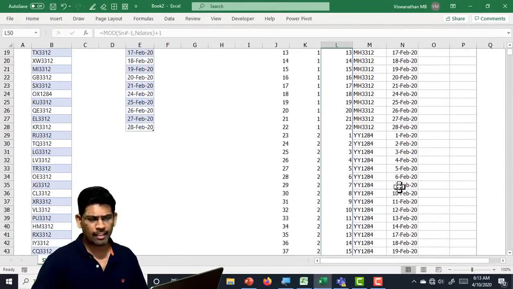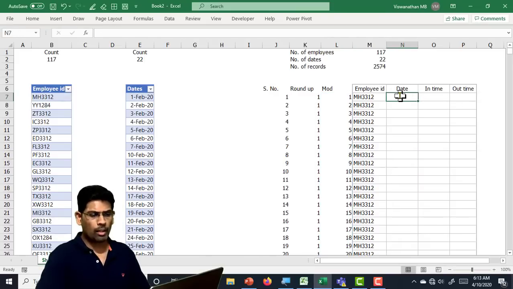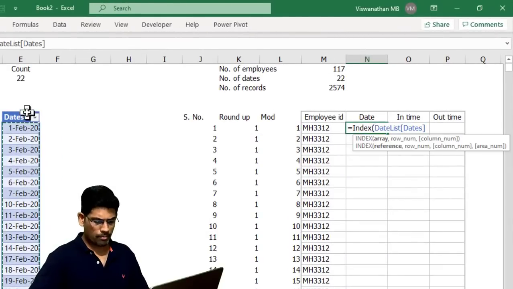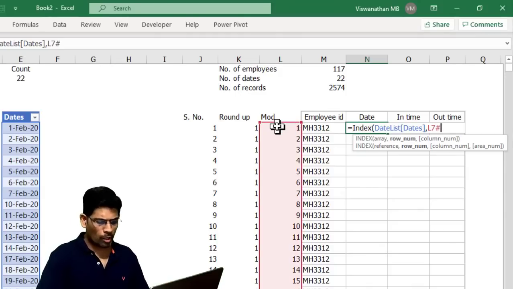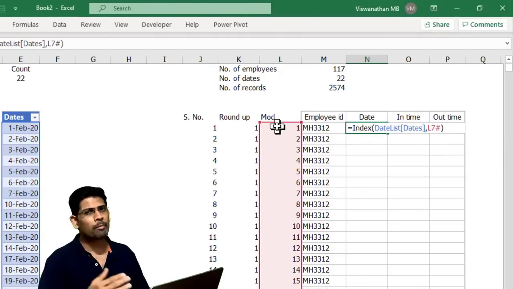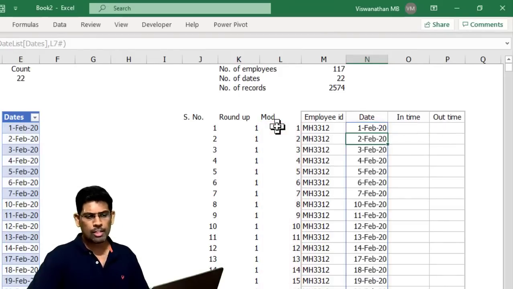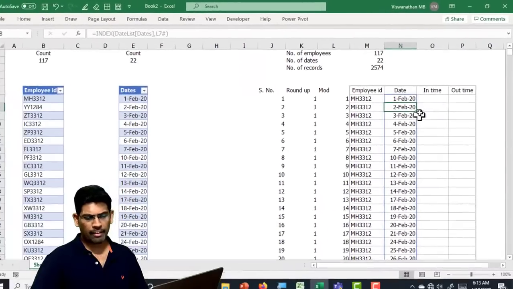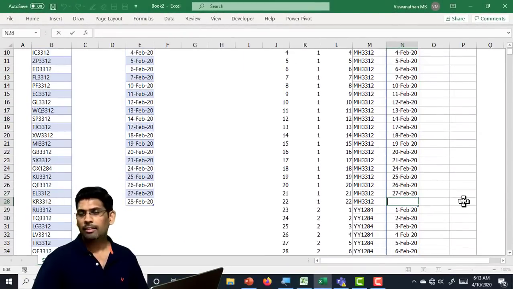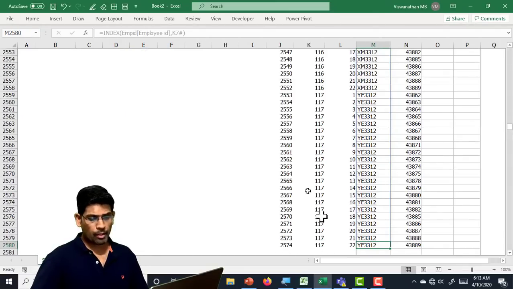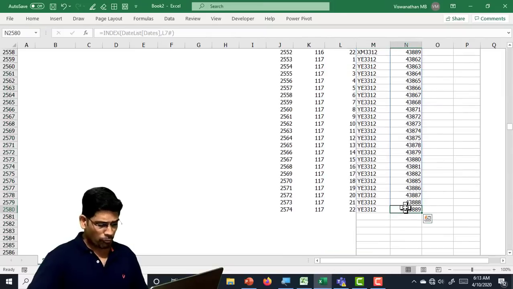Now our final result is easy. Again, let me get rid of the dates. Equals INDEX of this dates table, comma, whatever I got here in the MOD function. I should have ideally named these two columns as well, the round up and mod, but in my final solution I'm not going to use them, so I'm fine right now not naming them. Having pressed enter, you notice that we have achieved what we wanted, right? So I have all the way up to 117 employees. Y3312, that's my last employee. The formatting here is not appearing as date, but that's not a big deal. I just have to change the format.